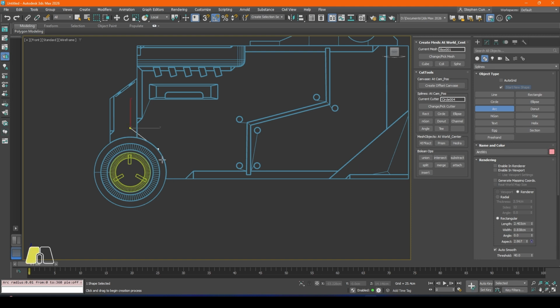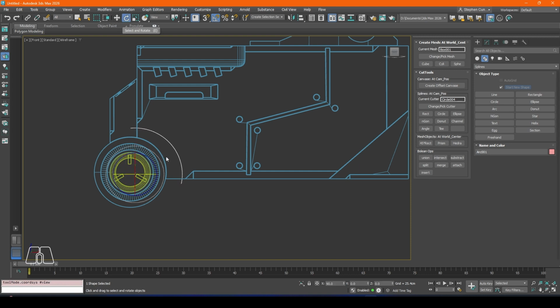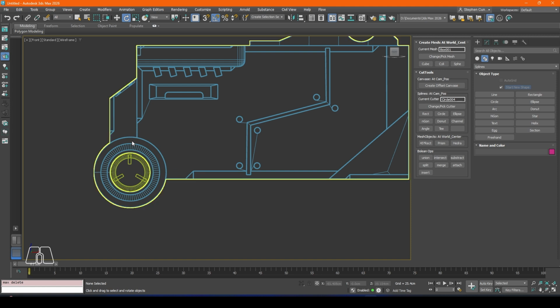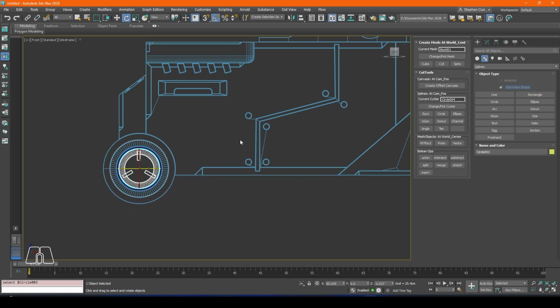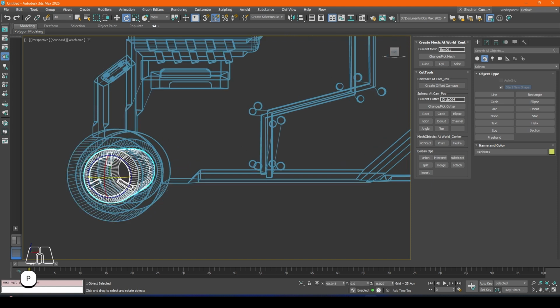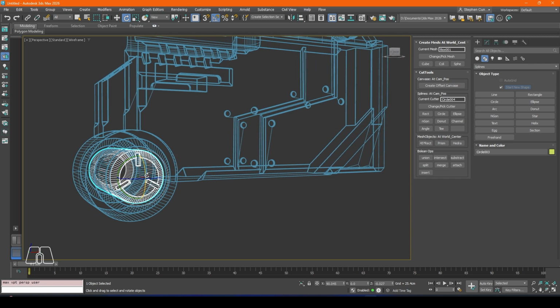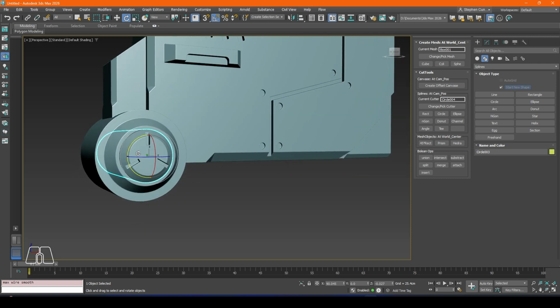If we do it from here to about here, let's have a look. I don't really like it, to be honest. What we could do is, rather than mess around with that, I mean, we have got this piece here, so what I could do